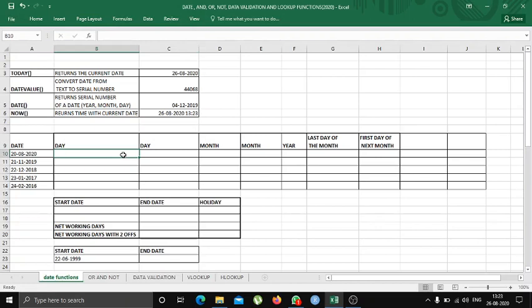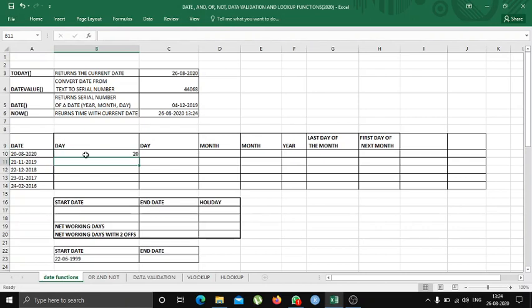Let's proceed ahead. Now in this we'll be able to get the numerical value of the date, that is 26. If you want to get only the day number, you just need to enter a basic Excel function, which is equal to DAY, and then select the date which you want. Close the bracket, press enter.